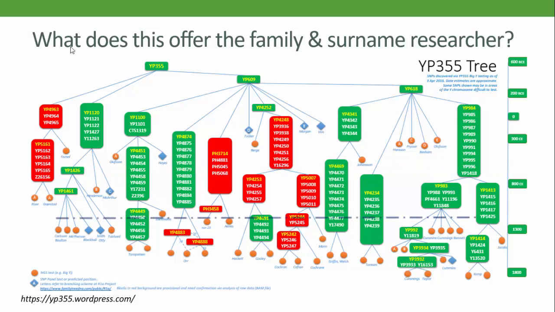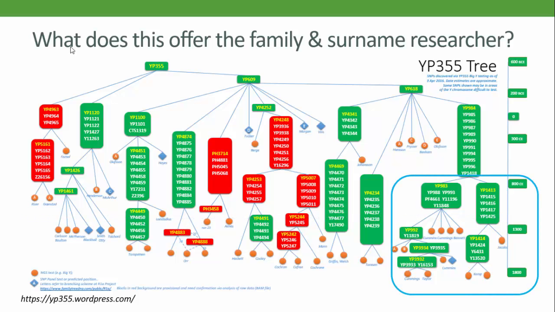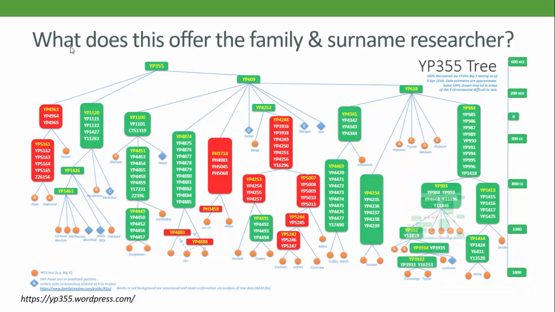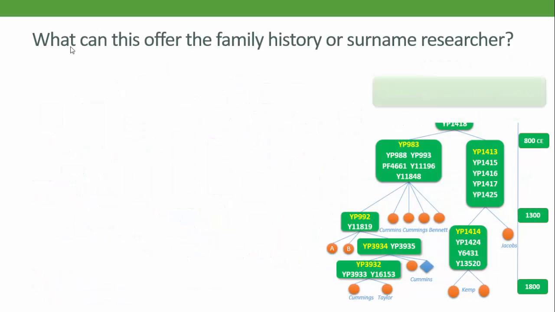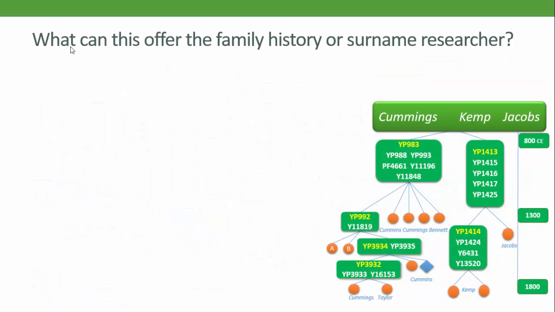And if we take the line down to round about here, then now we're looking at the time that surnames became inherited, around 1200 to 1300 or so in England. The SNPs below this line belong therefore to the so-called surname era, and some are even very clear markers of particular families or surnames. If we look at the corner of the tree down here, we can see that we're back with our friends the Cummings,